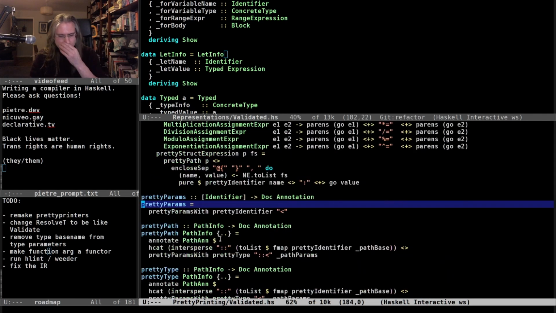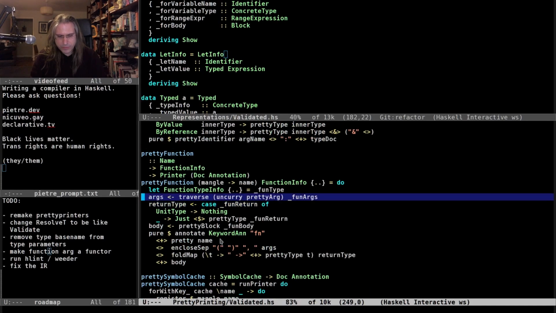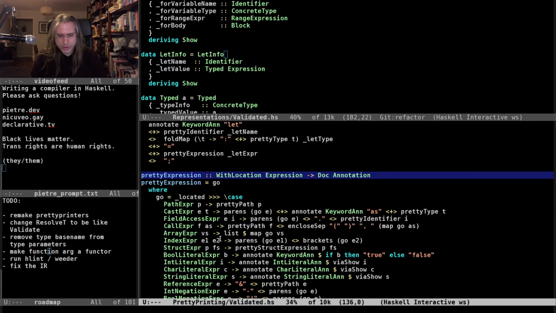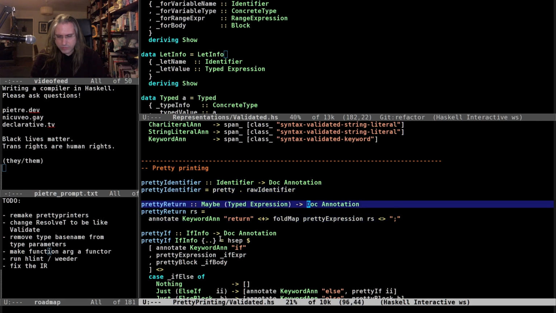Where have I used my printer monad? Let's have a look. Okay, so it's just printer of the thing. It's printer of this thing.